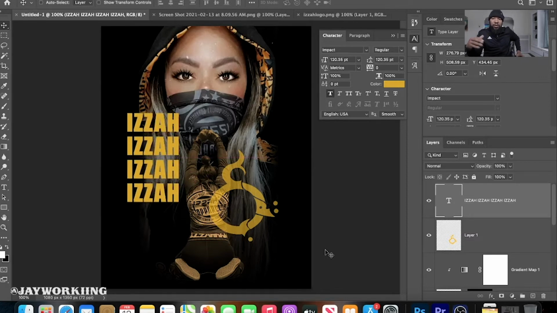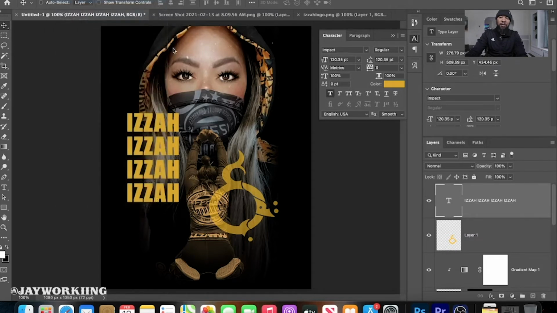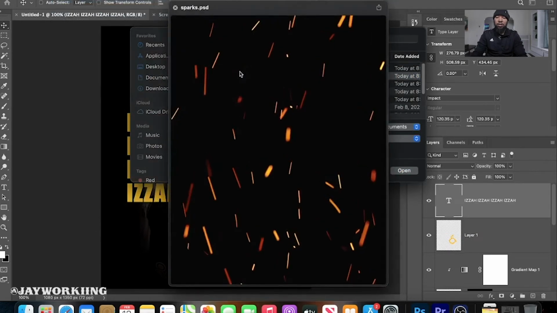All right, so now, once you get your overall layout and tone in, the last little stages is kind of adding some effects to it, right? So, I had like some fire coming up underneath her. I got a light beam coming across her hands, moving up into her face. And I had some sparks coming across. So let's get the fire coming up underneath her, right? So it's gonna come together. It always comes together when you add effects. So I got the sparks,